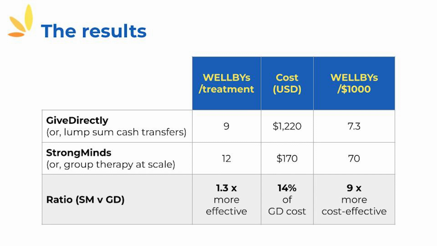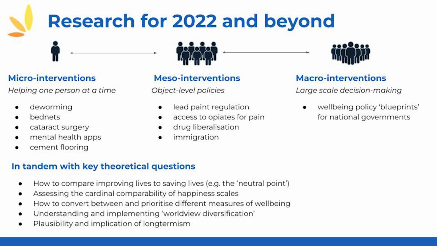We want to look at some other stuff. Here's some stuff we want to look at. Here's some other stuff we want to look at. We want to start at the micro level and move to a bigger scale. It turns out that when you're trying to do something new, you run into problems. We're pioneering this well-being approach, and there are various open methodological questions to get stuck into, like comparing life to death, and whether my 7 out of 10 is really the same as your 7 out of 10, and these sorts of things. So that's what we're about. Thanks.